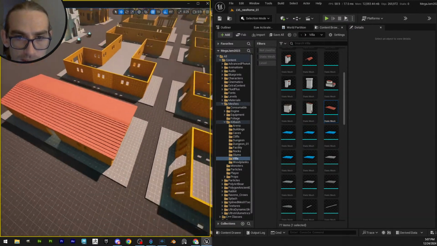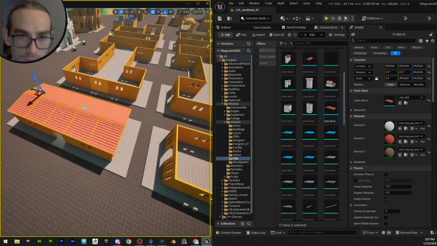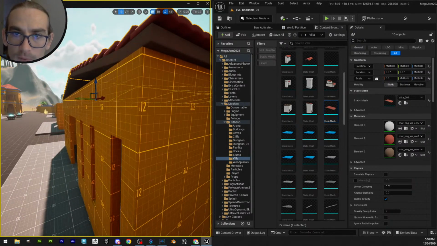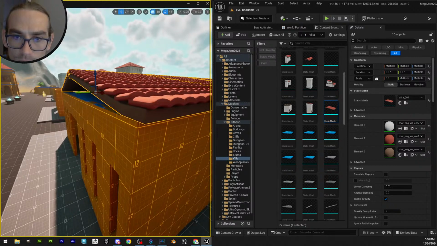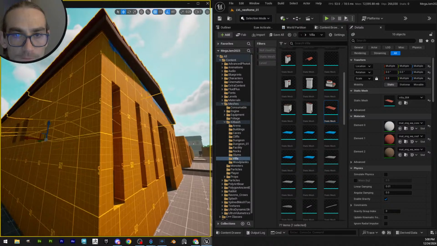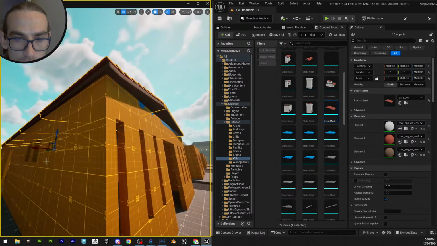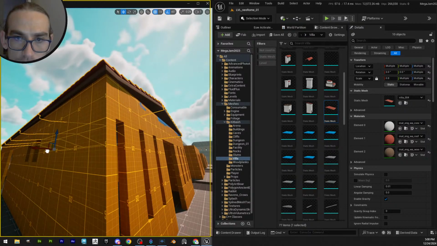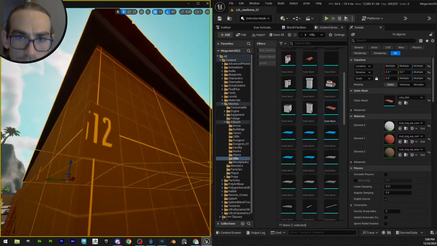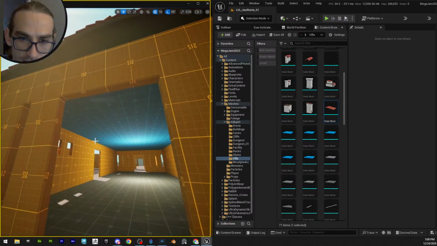And let's see if we can actually make this match. Nice, okay. What is not matching is this thing,